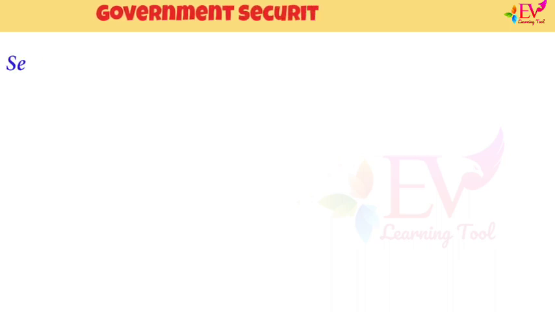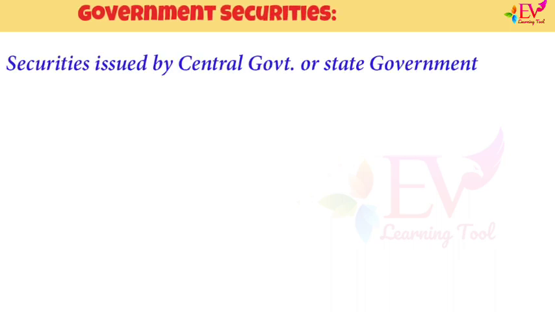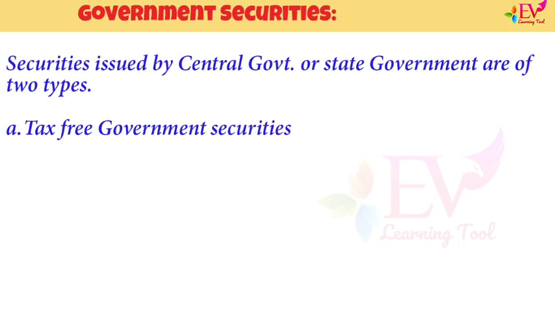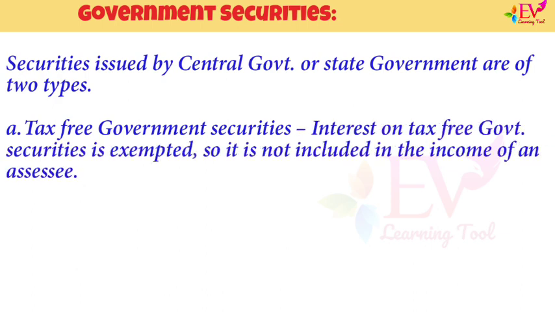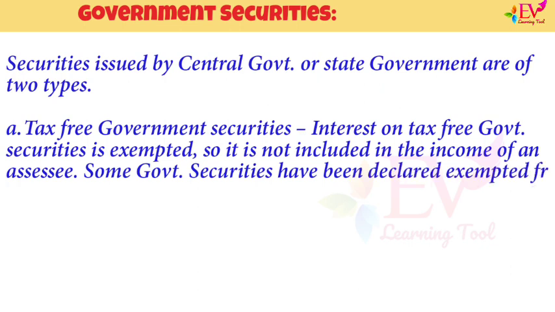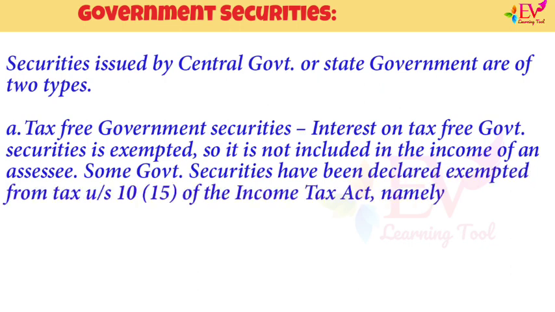Government securities. Securities issued by central government or state government are of 2 types. A. Tax-free government securities. Interest on tax-free government securities is exempted, so it is not included in the income of an assessee. Some government securities have been declared exempted from tax under Section 10(15) of the Income Tax Act, namely,